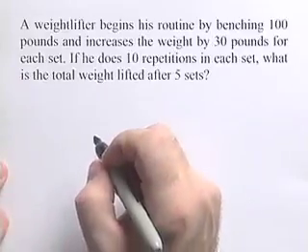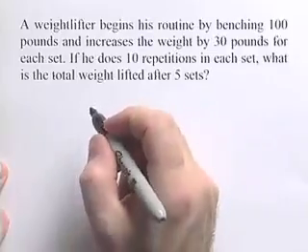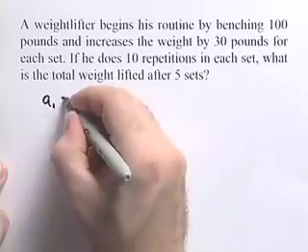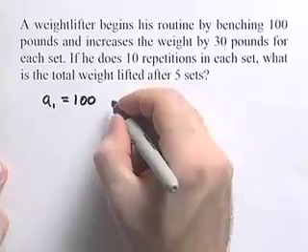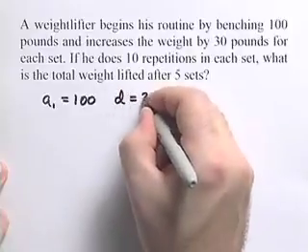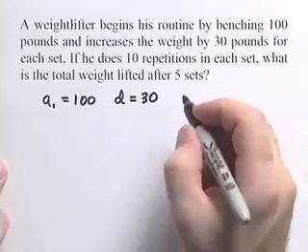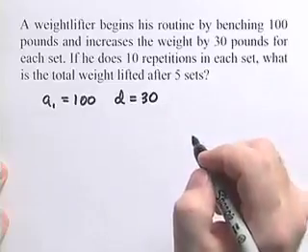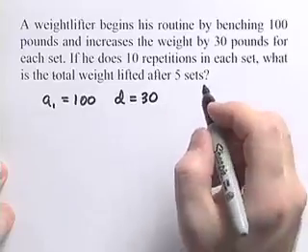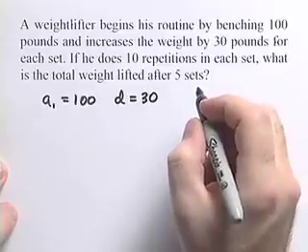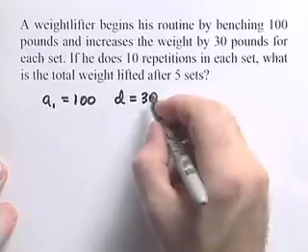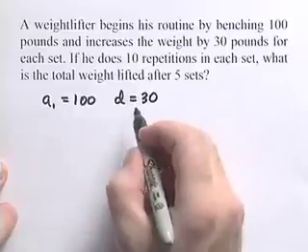The weights for each set form an arithmetic sequence with the first term, a sub 1, equal to 100, and the common difference, d, equal to 30. If we imagine that the weightlifter only performed 1 repetition per set, then the total weight lifted in 5 sets would be the sum of the first 5 terms of the sequence given by this first term and this common